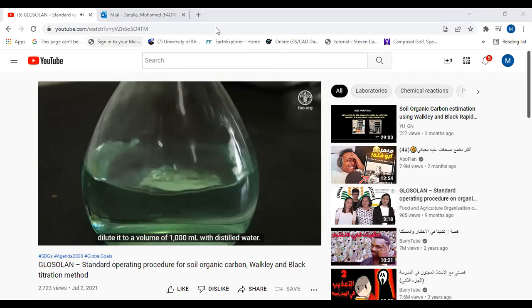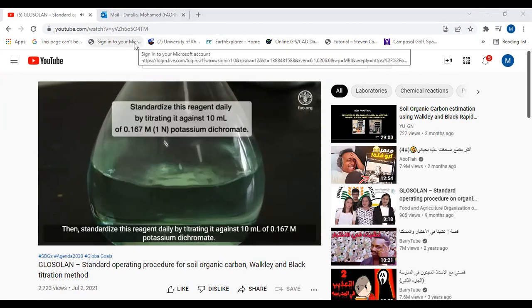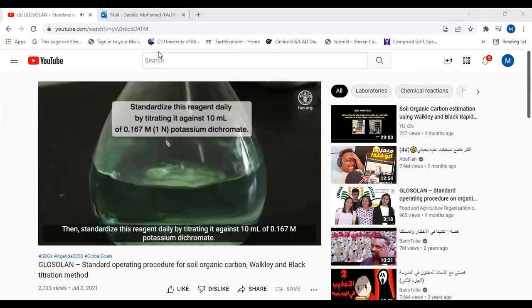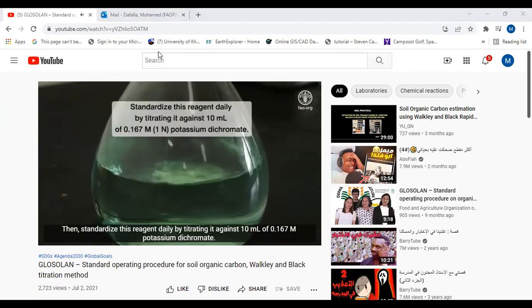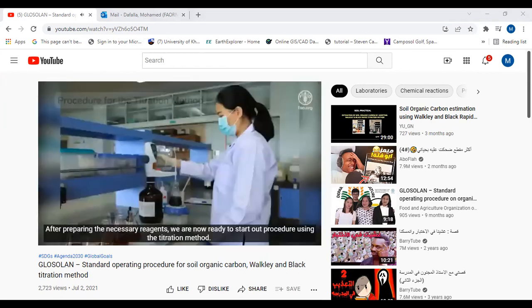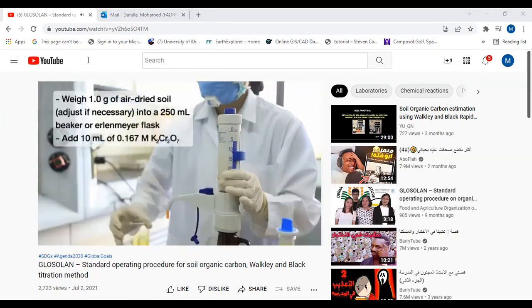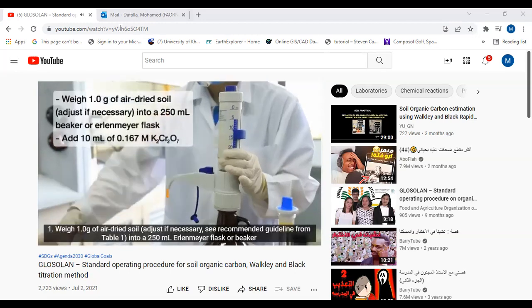With distilled water, then standardize this reagent daily by titrating it against 10 milliliters of 0.167 molar potassium dichromate after preparing necessary reagents. Now, we are ready to start our procedure using the titration method. Weigh 1 gram of air dry soil into a